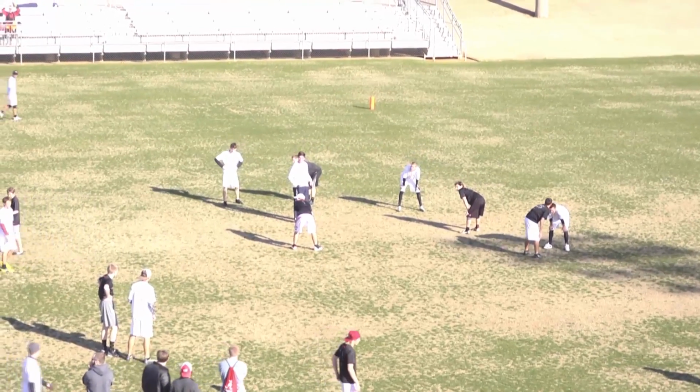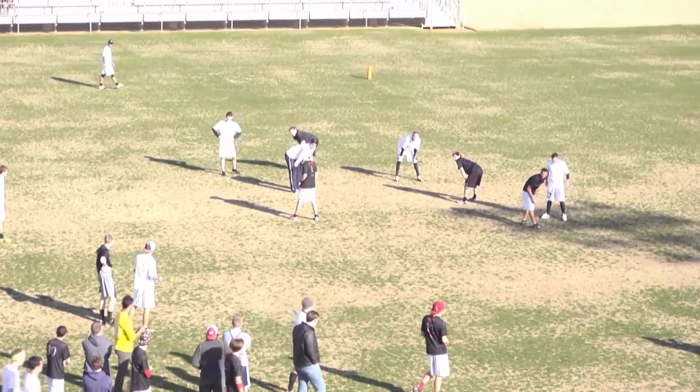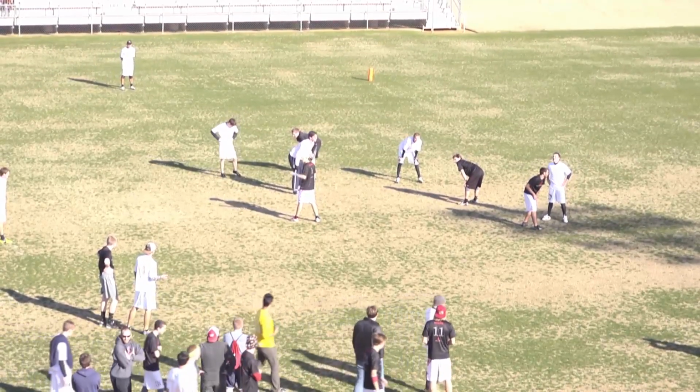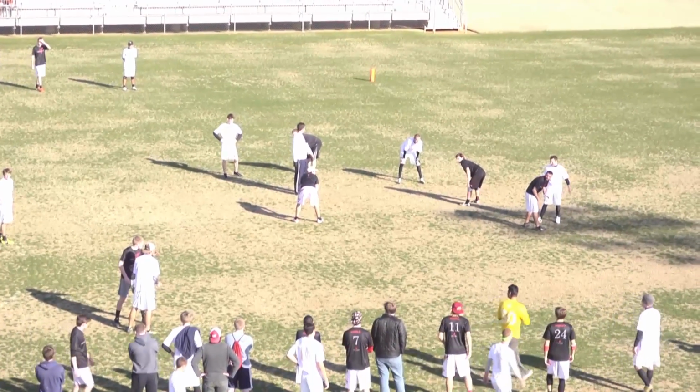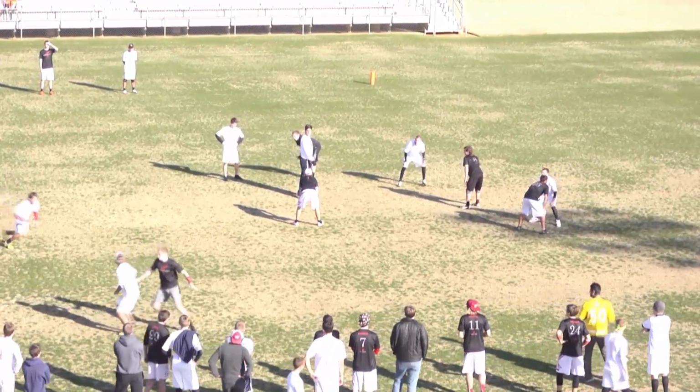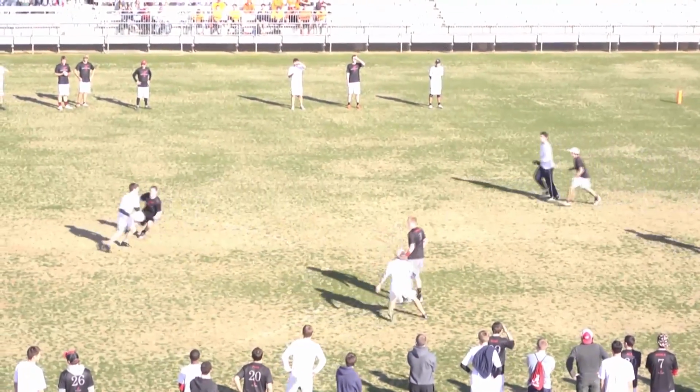Central Florida calling for their system. Last time they called that, we saw Best throw an inside break, leading to a quick around throw for the score. We'll see if that's what we're looking for. See if it's a centering throw to Bullock and then looking for the IO. A round throw to McKelvey,